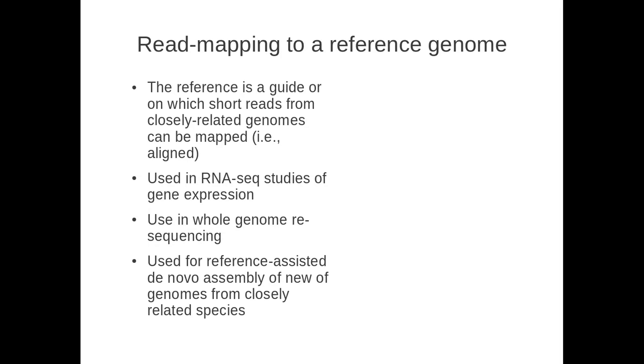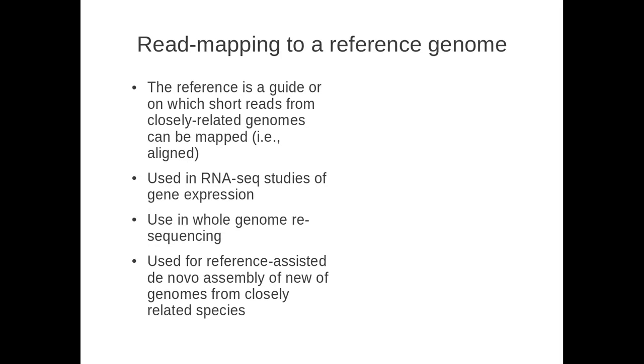It has to be closely related, so it wouldn't work too well to map human DNA to chimps, although we're not that diverged from chimpanzees, only about 1 to 2%. It would work just fine, but closer related genomes, like other human individuals, would work much better, because on average humans only differ from each other at about one position out of 1,000, not 1 out of 100 compared